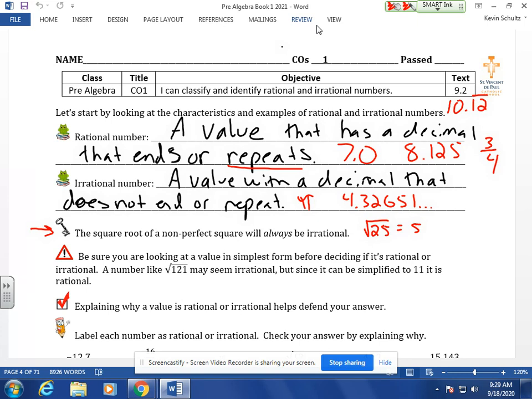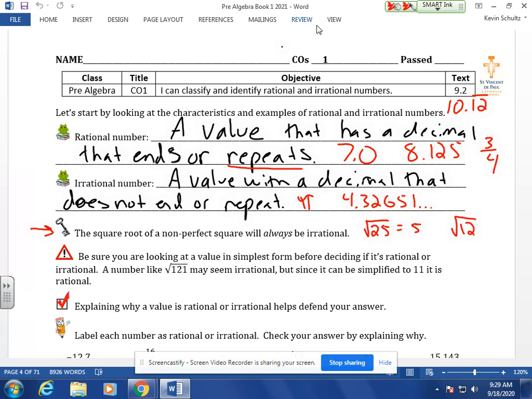Since the value of the root of 25 is 5, does that make the root of 25 rational or irrational? Rational, right? Because 5.0, it ends. Okay? If we're taking something like the root of 12,